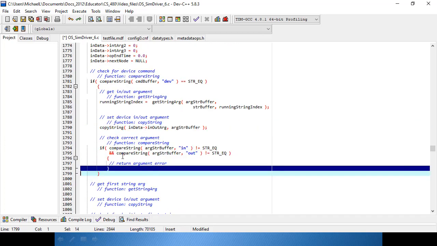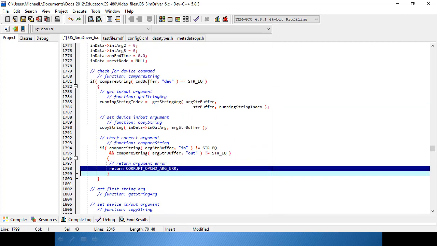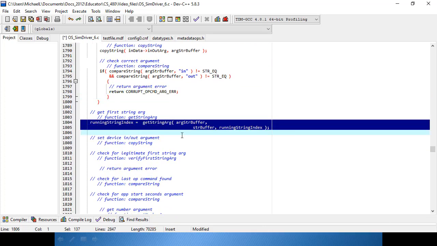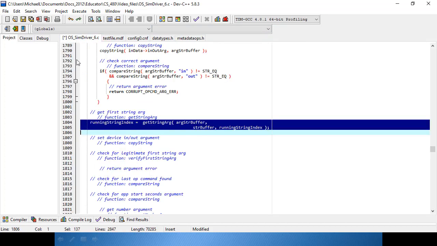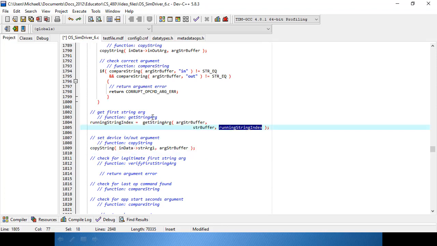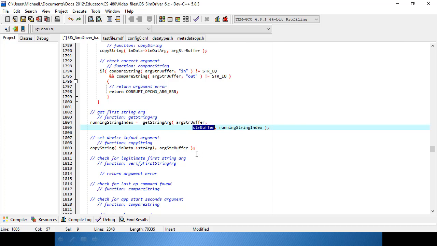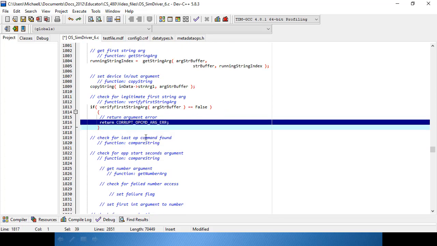And then we're going to check and say, well, if it's not in or out, then we have a problem with the argument. We have a command arg error problem. So again, we're testing these one at a time. We started with our command, and then we check the in out because that's unique to only dev items. Then we'll go ahead and try to go for the next string argument, and that would be the quantity that's process or monitor or allocate or whatever. And we'll pick that up, again starting here and ending here index-wise. We're picking these out of the string buffer that we've been using. We're going to copy the string from that string buffer, arg string buffer, into string arg1, and then we're going to check it. So we're going to verify first string arg, and if it's false,